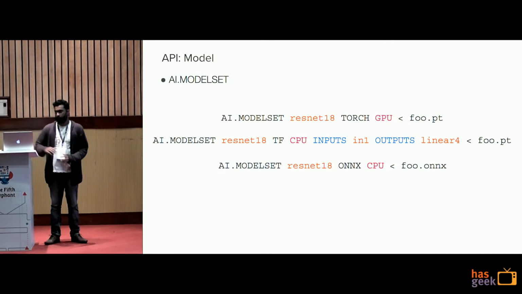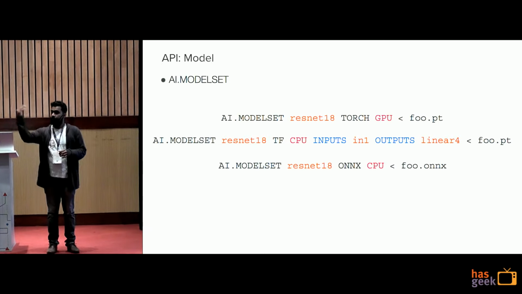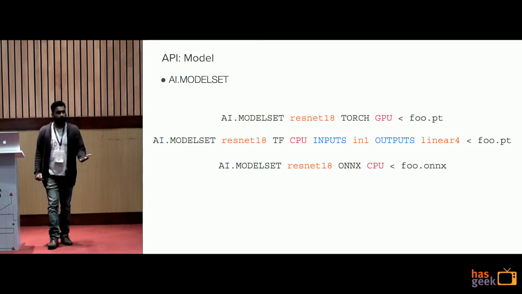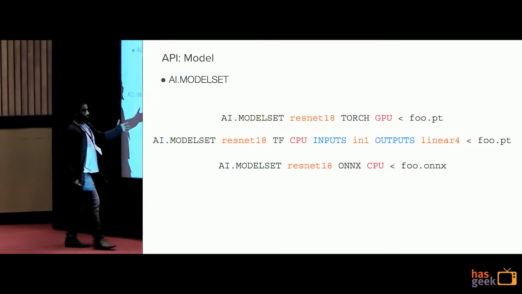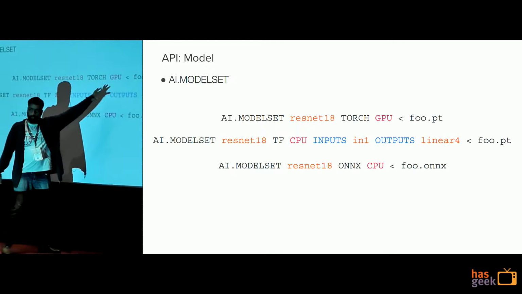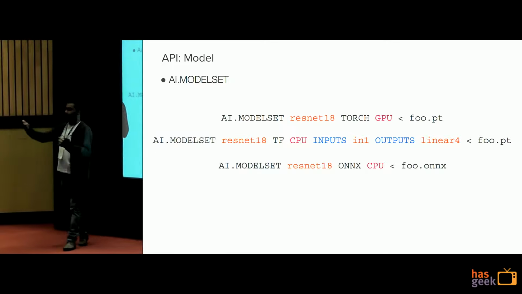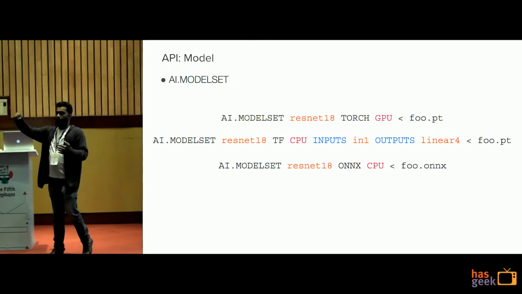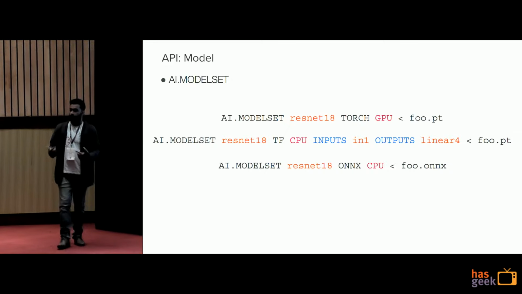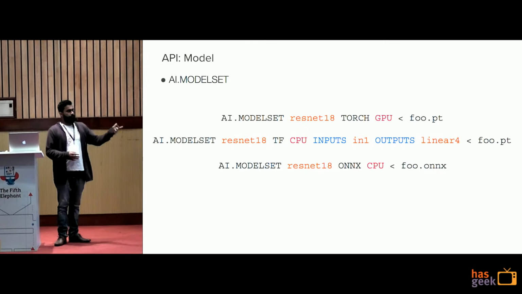Okay, so done with tensors, let's move on to model. You do model set to set a model to Redis. This is how you send a model binary file to Redis and ask Redis to keep it. And you again definitely associate that with a name. Here that's ResNet 18, and you have to specify the backend and the device that you want to use. In the case of TensorFlow, if you have used TensorFlow before, you have to specify the input and output names when you do session.run, right? Similar to that, you have to pass input and output. That's how RedisAI knows what the input and output nodes of your graph are. Then if it's ONNX, similar to Torch.